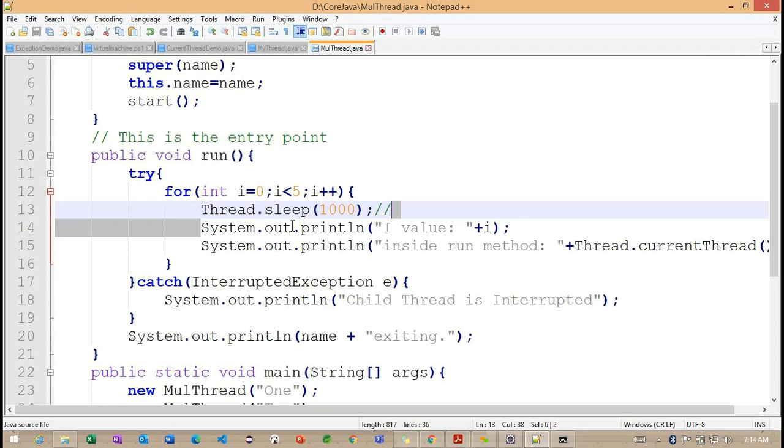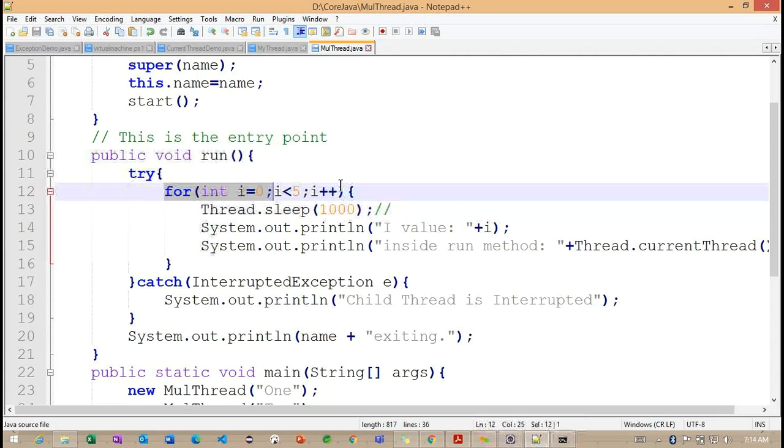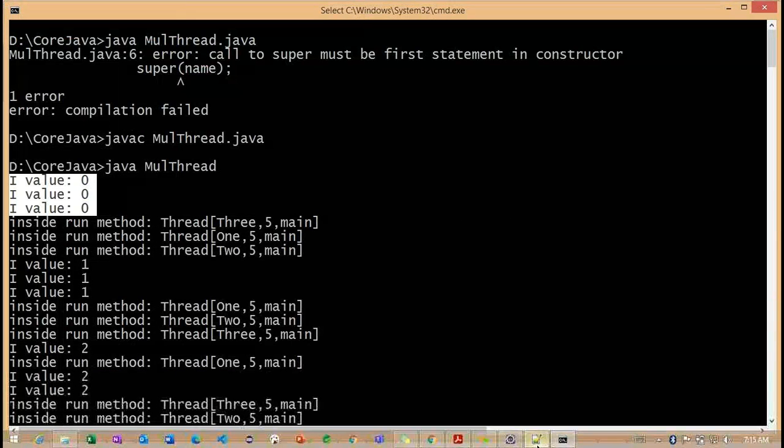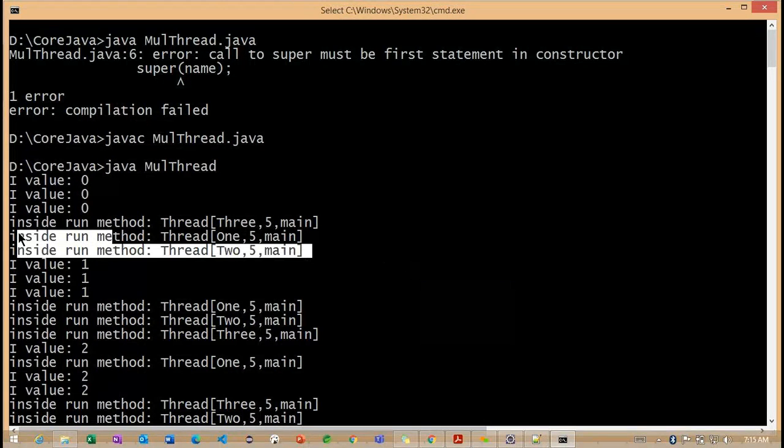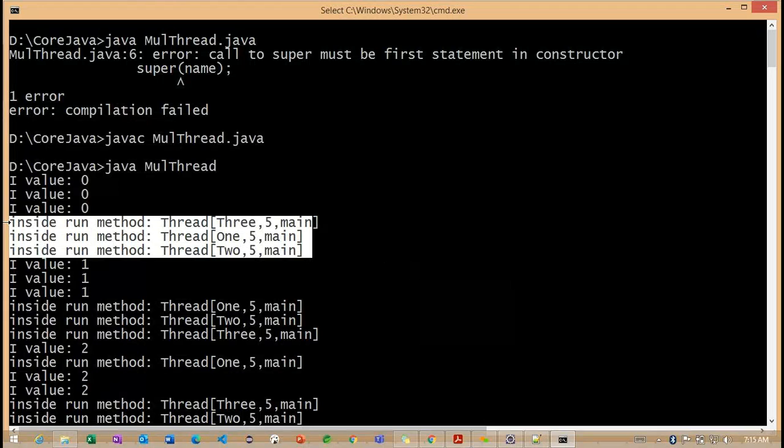But the loop is not repeating with the current thread. The loop is repeating with different threads, and those are three threads. Initially the loop is printed with a 0. Now you can observe inside the run method.